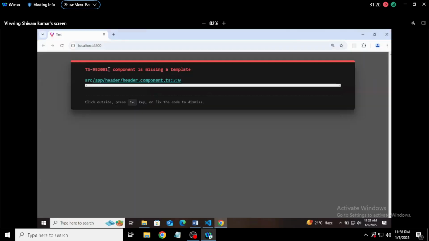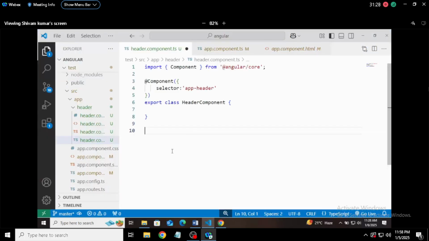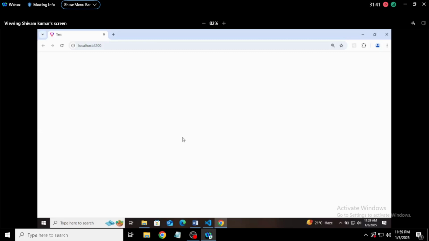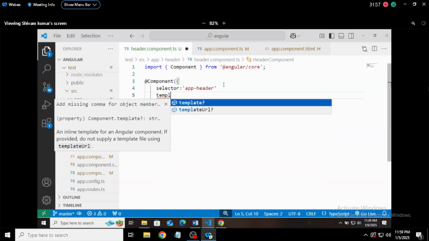Now the component is missing a template. What error is it showing us? It is showing us one error, that the component is missing a template. Okay, you are giving the tag, but you are not giving any view template. You have to at least give some template to it. What I want is for this header to simply say that this is a header component. Directly you can write it in the class only. So what I will do is write template